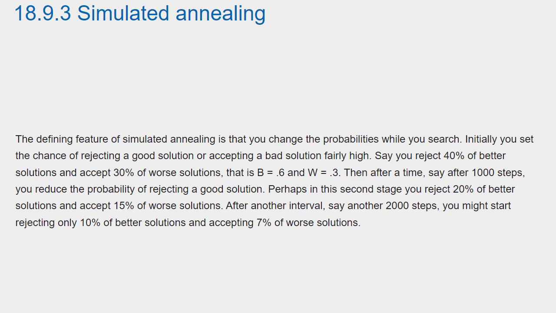Then, after a time, say after 1,000 steps, you reduce the probability of rejecting a good solution. Perhaps in this second stage, you reject 20% of better solutions and accept 15% of worse solutions. After another interval, say another 2,000 steps, you might start rejecting only 10% of better solutions and accepting 7% of